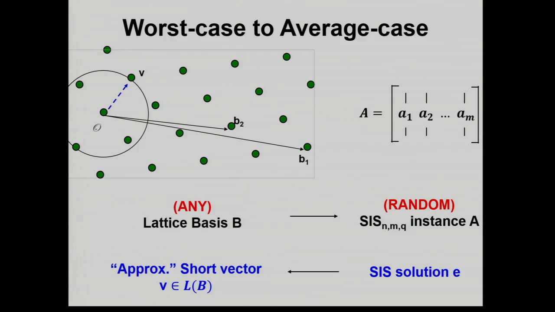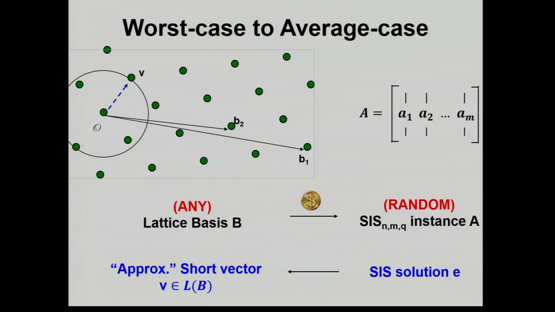In fact, I can do this many times. I can ask you for many SIS challenges. It doesn't have to be a Karp reduction. It could be a Cook reduction, a Turing reduction. Of course, this reduction is randomized because I'm supposed to generate a random instance, so it has to toss coins.